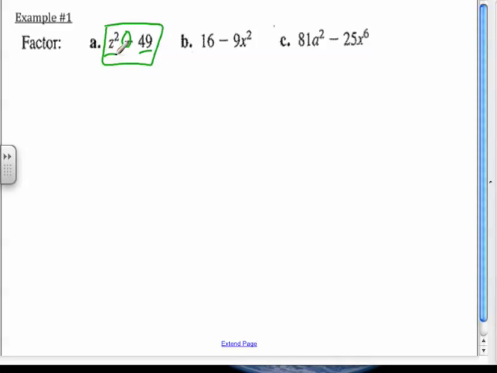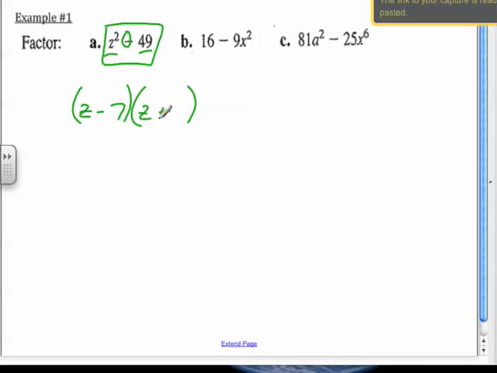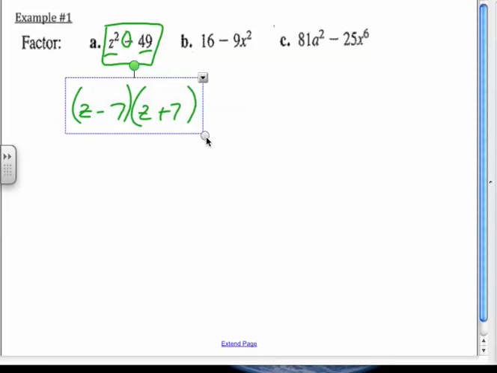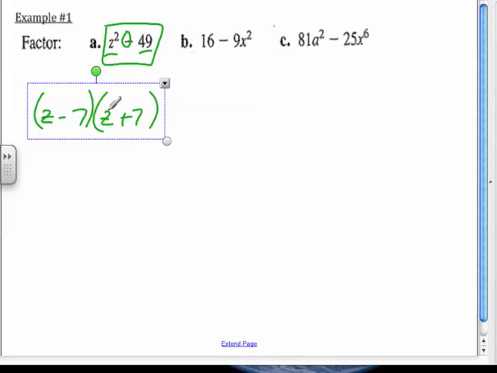So, who can tell me what this factors to? I don't want to do that whole factoring thing. This is a quick one. Connor. Z and Z, right? Minus 7, plus 7. Done. That's it. Okay? We don't want to take any more time factoring that than we need to. Okay? That thing's done. Let me go ahead and put some lines up here so I don't